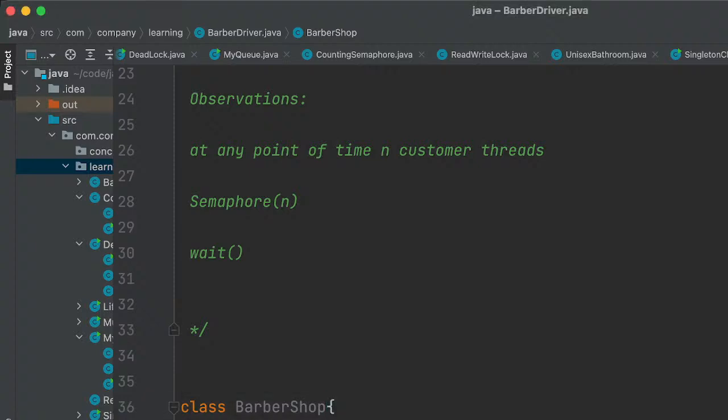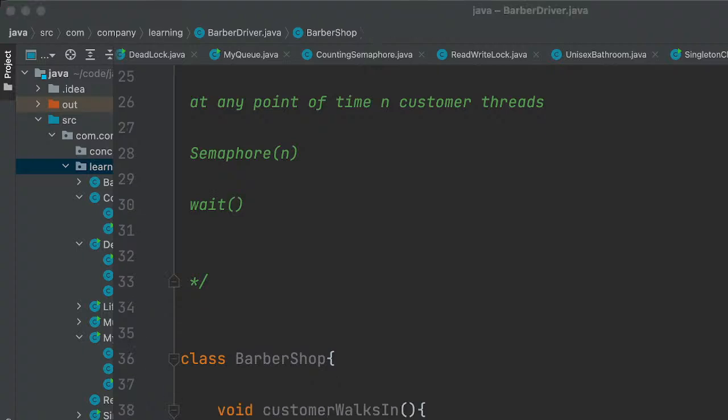So when a customer walks in, and the other one is the wait barber.